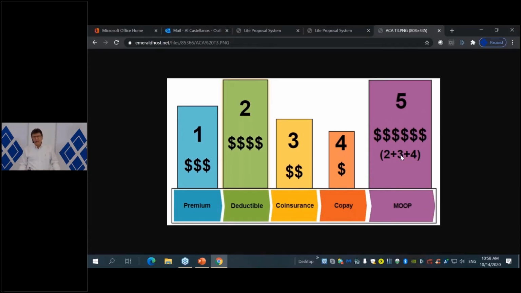Okay, and again, I know that many agents that sell ACA don't even understand very well, and that's a sad story. They don't understand very well the products that they sell. The volume is so large and in such a short period of time that people don't have time to digest everything that is inside of them. And that's a sad story, because this can really help you help people.